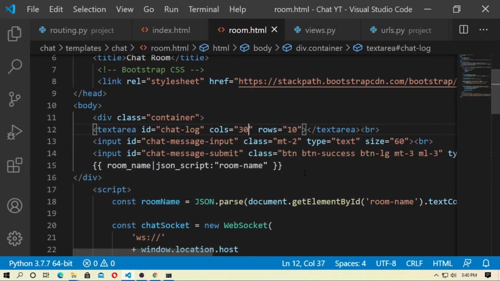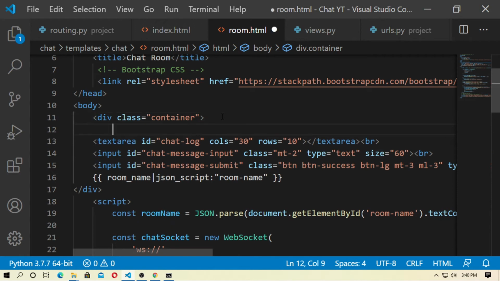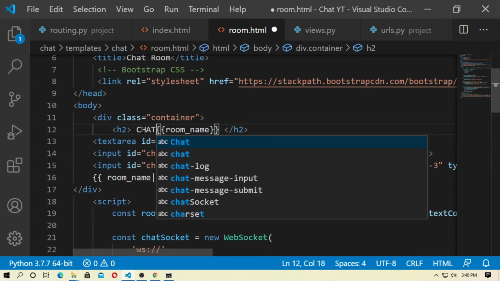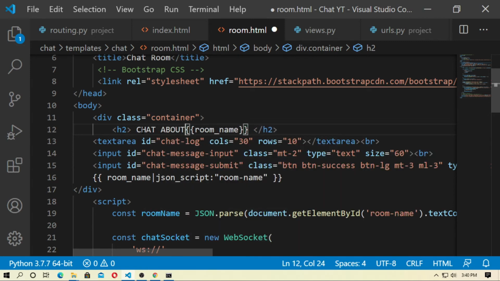You can add a text here also. What is the text? I just use this Django variable, room name. Type: chat about, and then pass the Django variable room name.